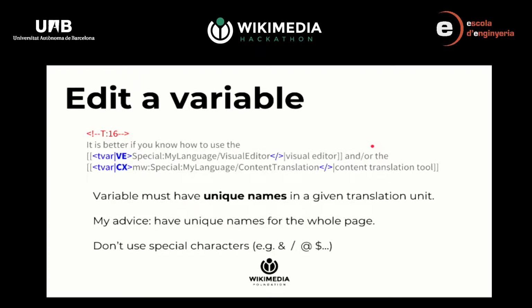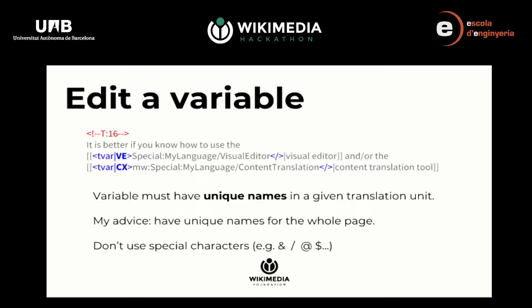Variables, sometimes you will see multiple variables in the same sentence. And in that case, I really advise to have unique variables here. And have explicit variables, of course, because I've already seen people adding tvar pipe variable 1 here. For translators, it can be problematic, because they don't know where that link is supposed to go or what that variable means. So, my advice is to have something clear and also to have unique names for the whole page,